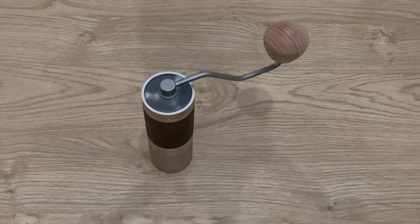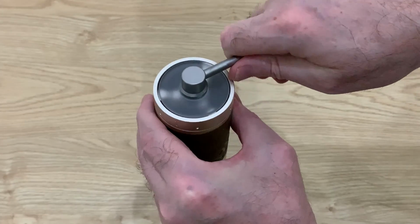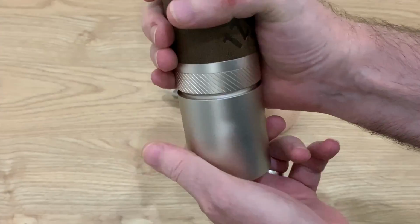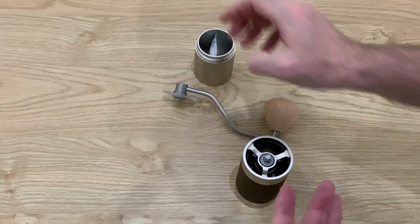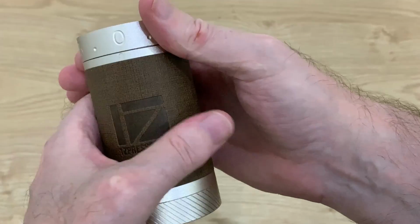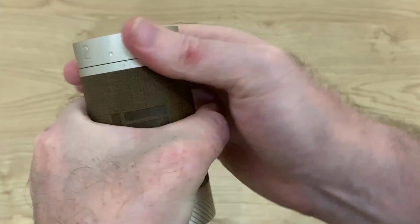Disassembling and reassembling this grinder is a breeze actually, it's really, really good. Take your grind handle off, take your catch cup off, just put that over there. When your catch cup's off, the next step is you need to open your adjustment dial about 2.5 full rotations. So clockwise,